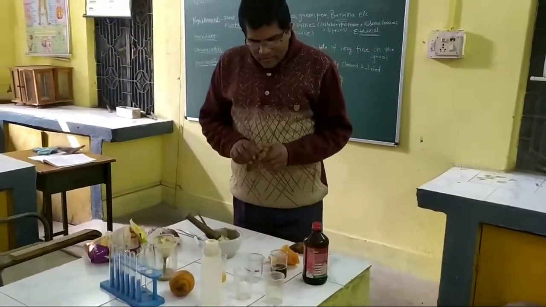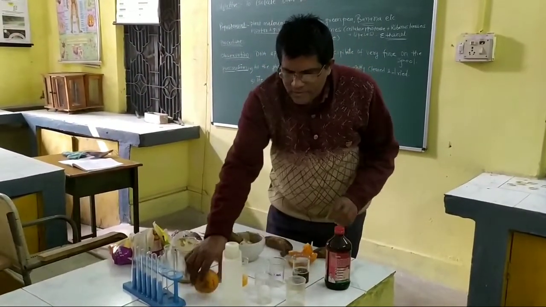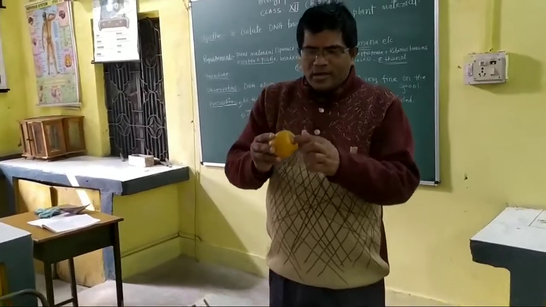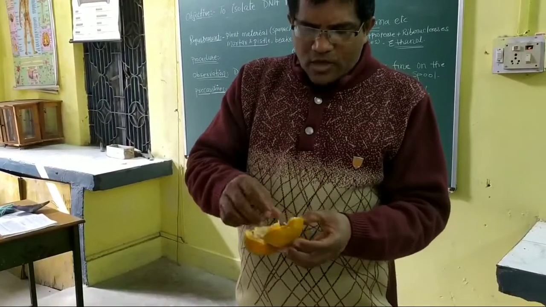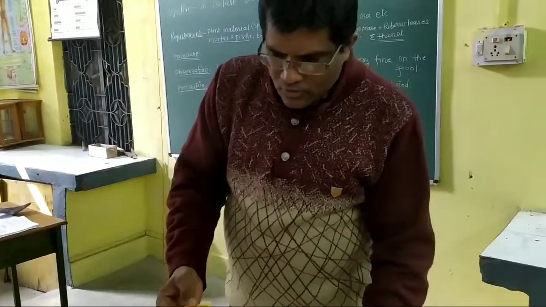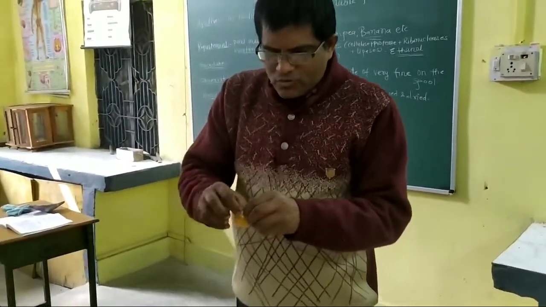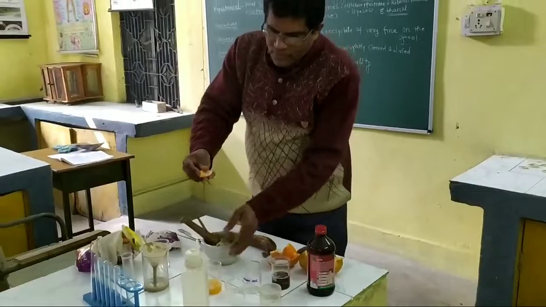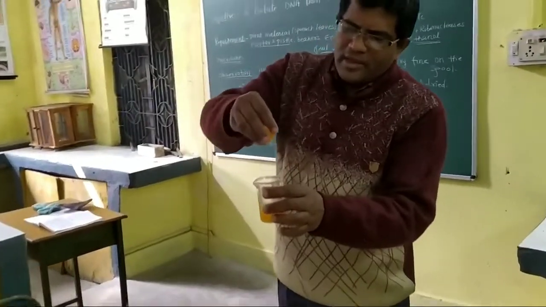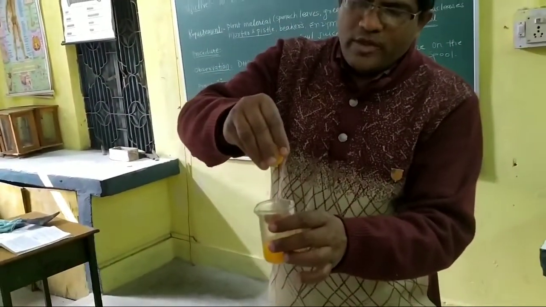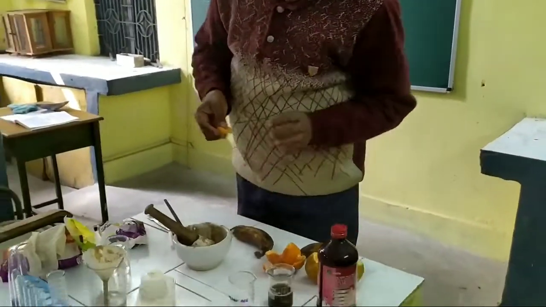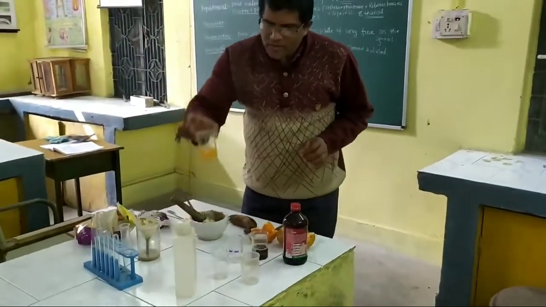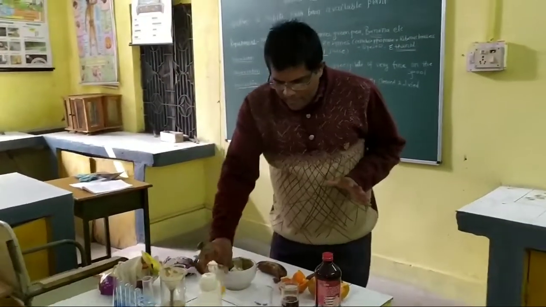First, take an orange. This type of orange we have to take, and from this orange we have to take out the juice. We have already taken this one, the juice of the orange. So first, take the orange and then extract the orange juice. So we have collected the fruit, the orange, and this orange juice we have isolated primarily.